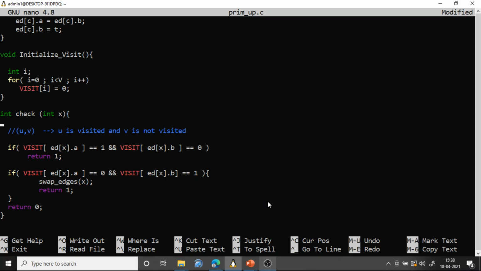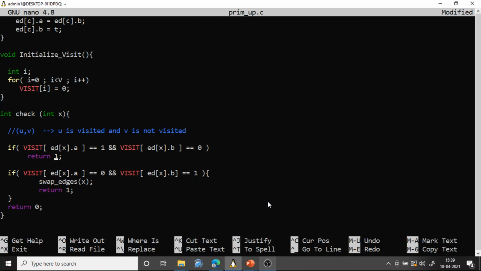Okay, because the set of edges also we take as input. Then if visit of ed of x dot a, ed is an array of structures, so a represents the starting vertex of the edge, ed of x dot a is equal to 1 and ed of x dot b is equal to 0. That is, visit of ed of x dot b is equal to 0. That means for this particular edge, the starting vertex is visited and ending vertex is not visited. In that case, we return 1 because we want to identify such an edge.